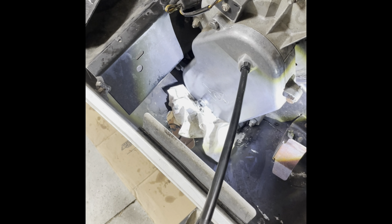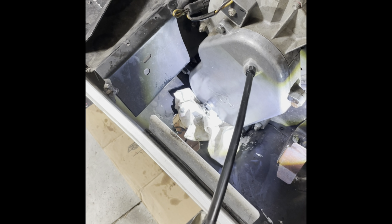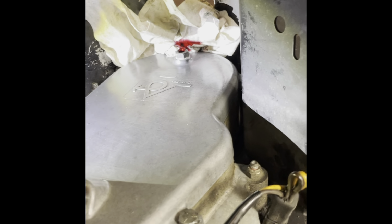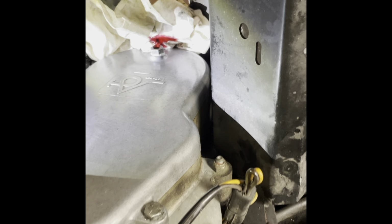And pumping away. Yeah, I think it would have filled it by now. Nothing coming out yet. Two more pumps, huh? Pretty sure it doesn't have enough pressure on it. Alright, it's flowing out. Took a little longer than I thought. Had to give it a few more pumps. We'll let that drain out there like that, let it drain off, and